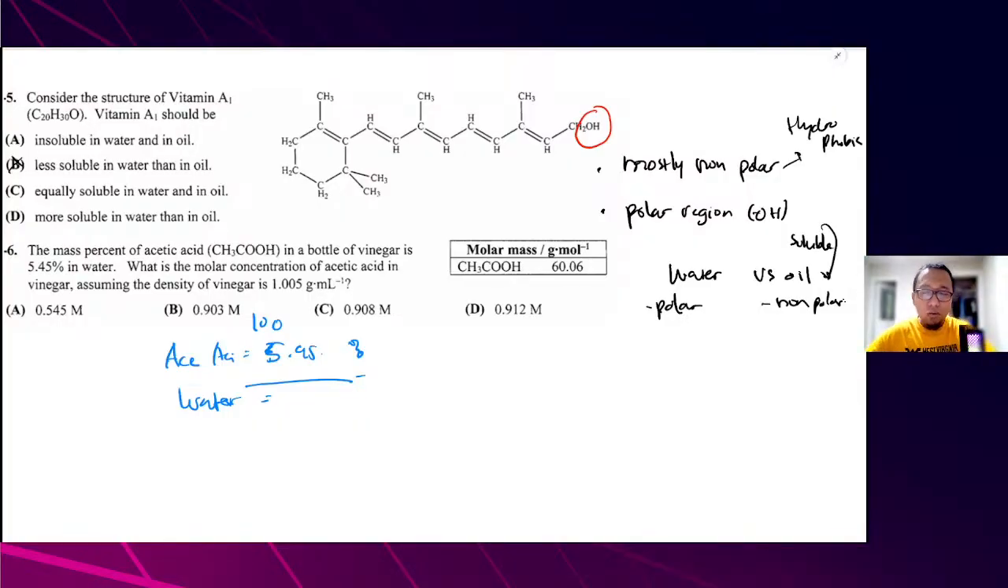So let's continue our discussion. Now we have another question about the mass percent of acetic acid. We need to determine the mass of water, which is 100 minus 5.45, so it's around 94.55%. This is for water. And we assume that we have